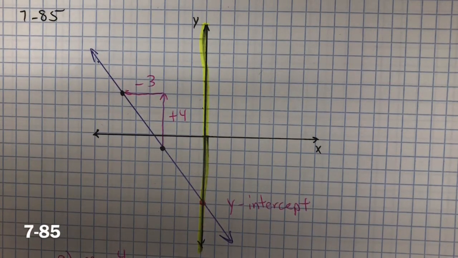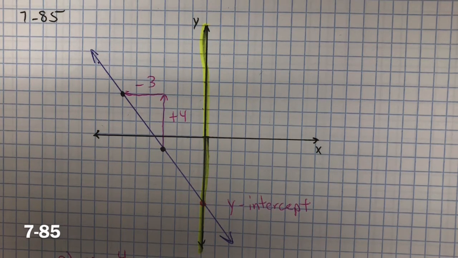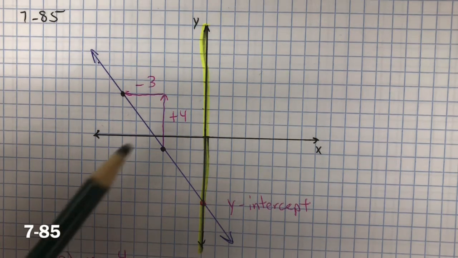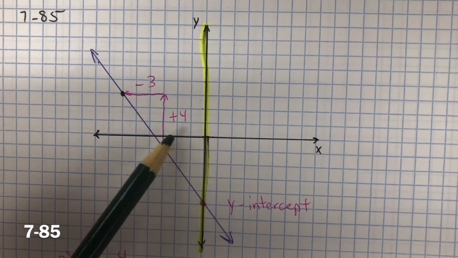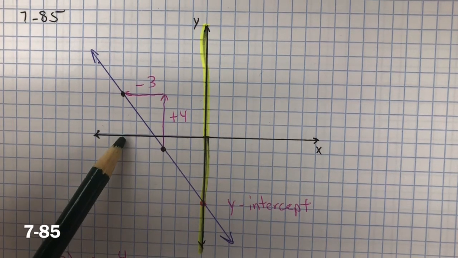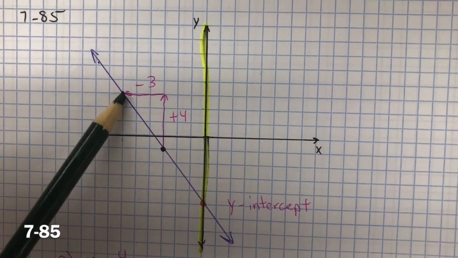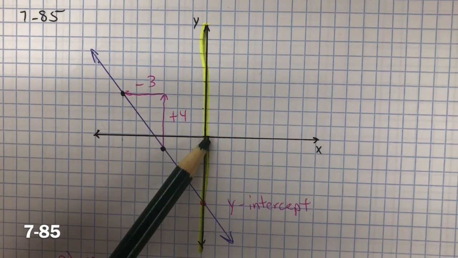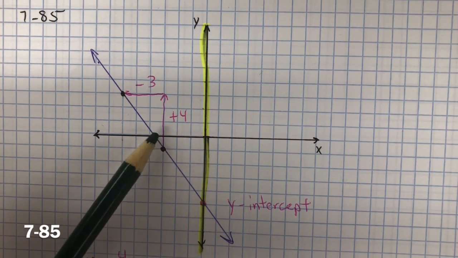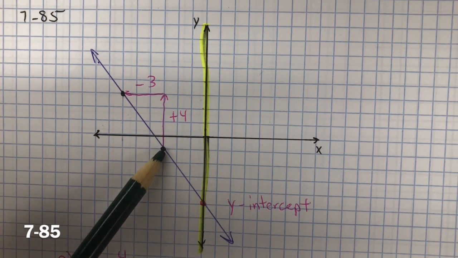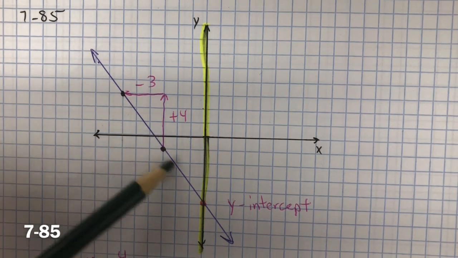In problem 785, you need to graph the line that goes through the points -6, 3 and -3, -1. So for the first point, -6, 1, 2, 3, 4, 5, 6, +3, 1, 2, 3. There's one lattice point. And the second would be -3, -1, -2, -3, -1. Now we connect these 2 points,